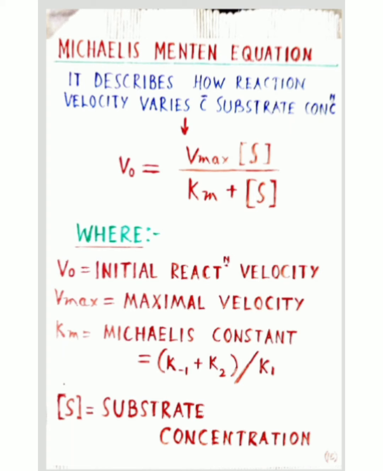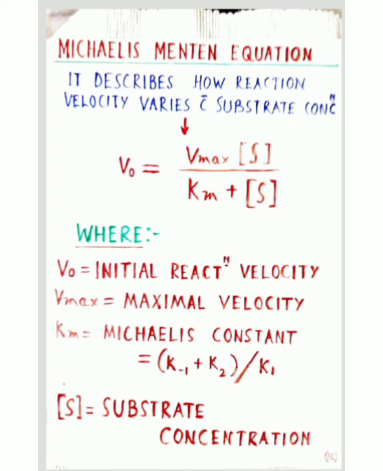Next comes the Michaelis-Menten equation. It describes how reaction velocity varies with substrate concentration. Michaelis and Menten explained the relationship between substrate and velocity by a mathematical equation called the Michaelis-Menten equation, which is V0 equal to Vmax S by Km plus S, where